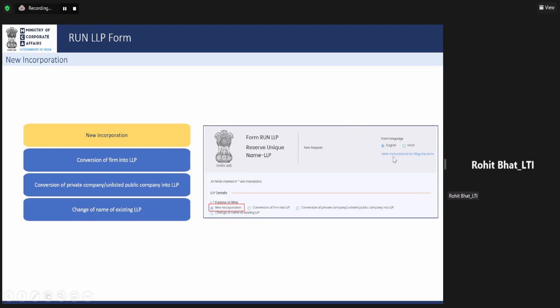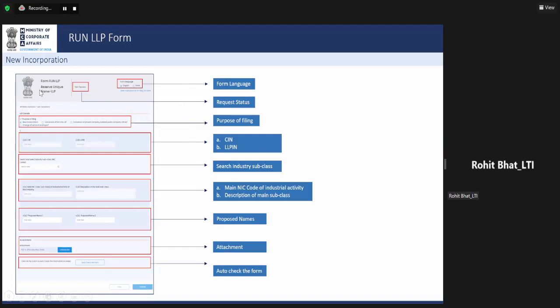So if you see on the right side corner, refer instruction kit for filing the form is given. At present, Hindi option is not there. However, refer instruction kit, once the user clicks on the refer instruction kit for filing the form, in the next tab, they'll be able to see the complete instruction kit. So earlier, the users were required to download the complete form and instruction kit, and that used to take a lot of space in users' system. Now that thing is already removed. Once you click on any instruction kit on any form, in the next tab, the user will be able to see the complete instruction kit. So in each form, we have given this kind of facility to all the users.